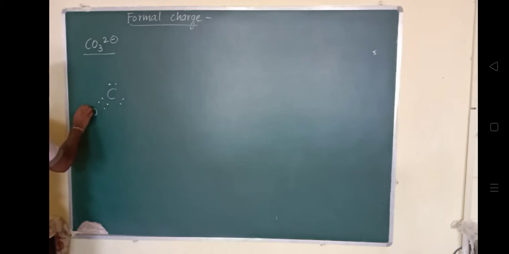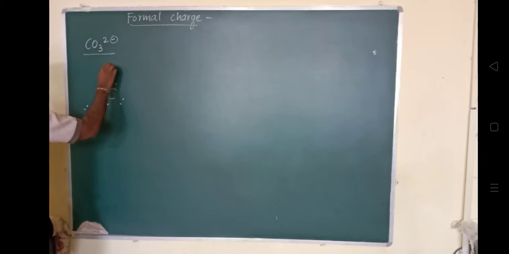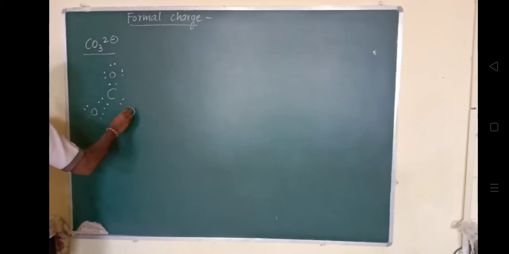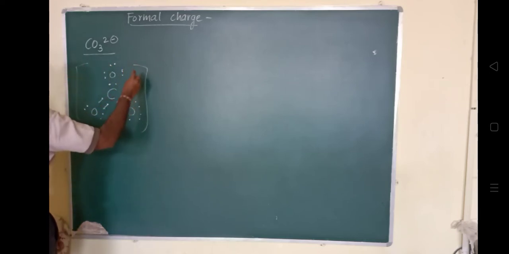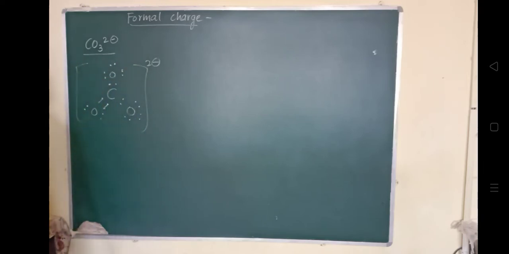This is oxygen. These two electrons and these two electrons, so it's a total of 6 electrons for the oxygen. Then another oxygen atom, this is the case. And this other oxygen atom has 1, 2, 3, 4 and 5, 6 like this. So it will form a double bond here, and a single bond here and a single bond here. So this is one representation of CO3 2 minus.